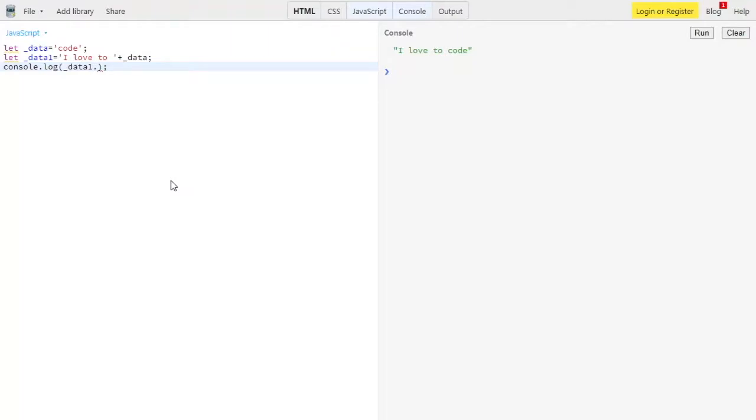This dot operator will invoke the property inside this string, which is dot length, and then clearing the console. Let me try to run this.